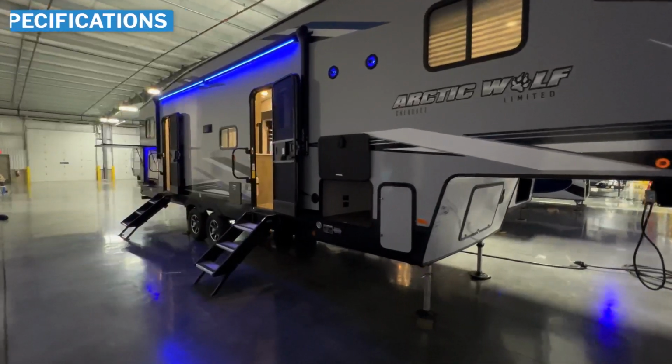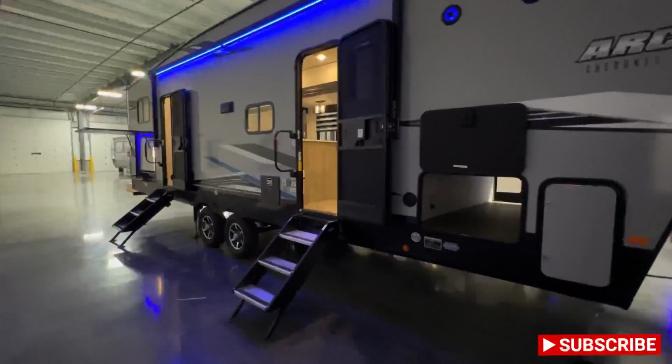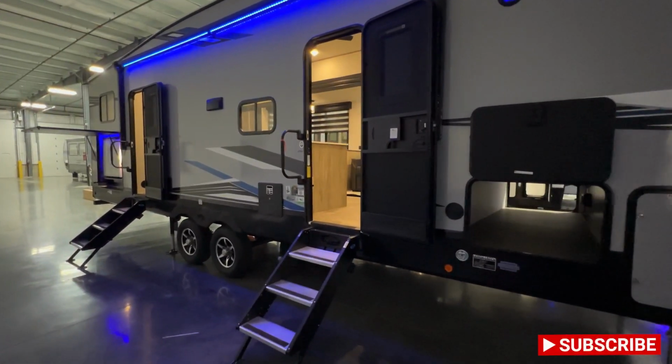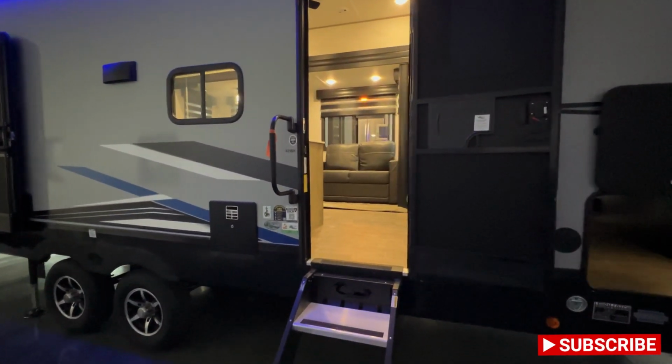But it's got an outdoor kitchen. Again, it's a bunk model. Today I'm gonna take you on 10 to 15 minutes on the inside, then a couple moments here on the outside, show you a couple things that I think are pretty neat about this. And again, it's the 2022 Arctic Wolf